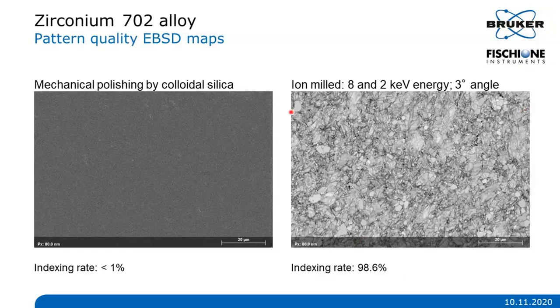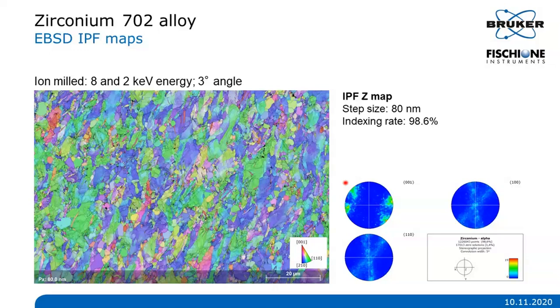As you can see here on the pattern quality EBSD map, you can easily distinguish the small grains, all the microstructure, the bigger grains. You can look at the EBSD IPF maps. As you can see here, this map is just beautiful. You can see nicely smooth color changes within the grain